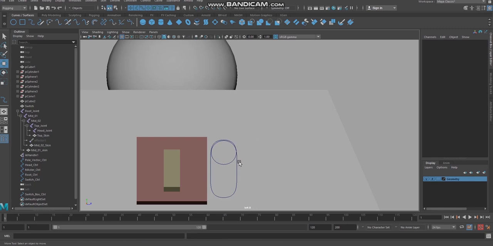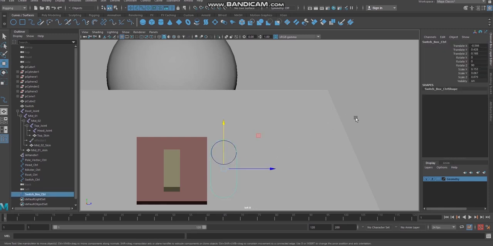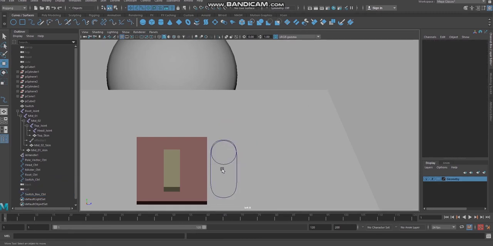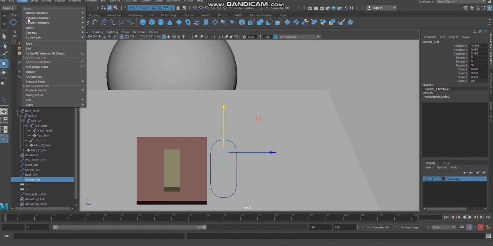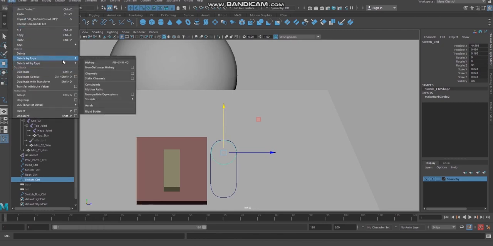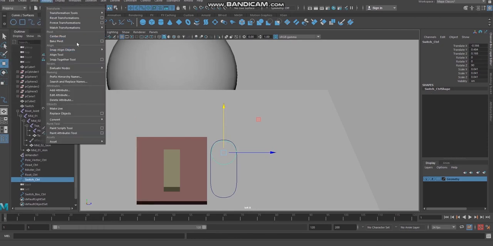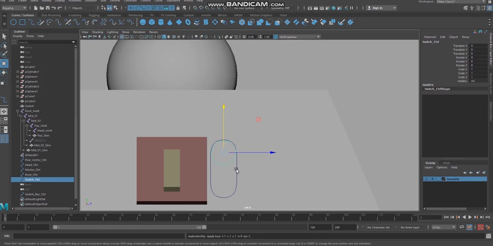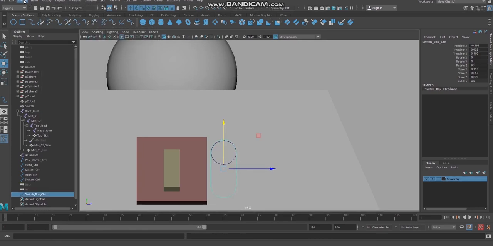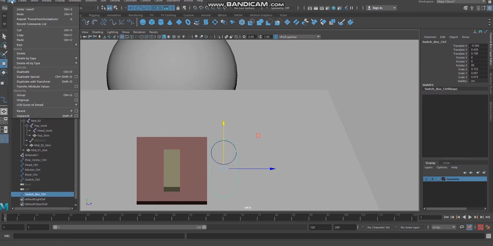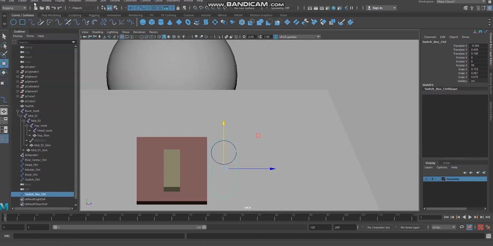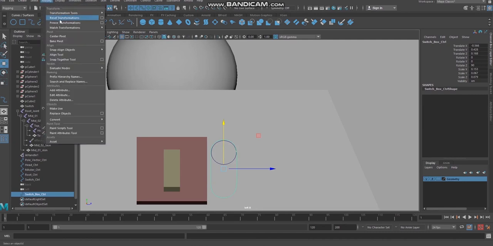Okay, so after creating this, select both of them. It is like delete the history, freeze the transformation, again delete the history, freeze the transformation.